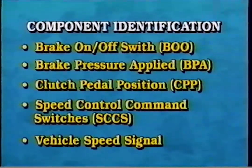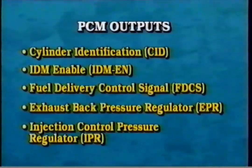The PCM controls the speed control system using the following vehicle inputs: the brake on-off or BOO switch, the brake pressure applied or BPA switch, the clutch pedal position CPP switch, speed control command switches or SCCS, and the vehicle speed signal. The PCM controls engine and vehicle performance and also provides operating condition information through the following engine and